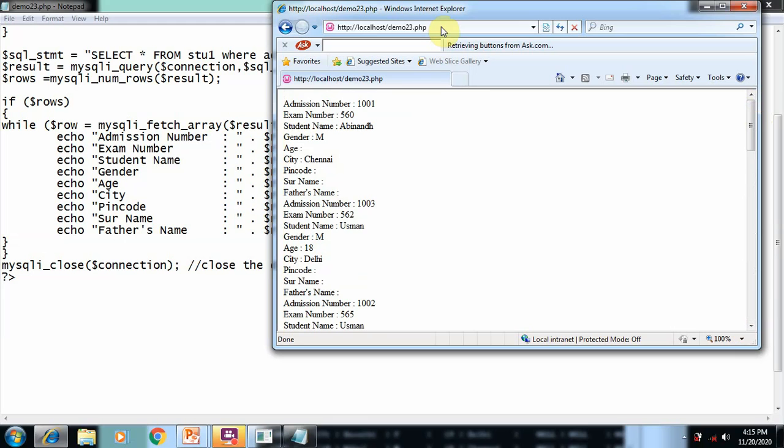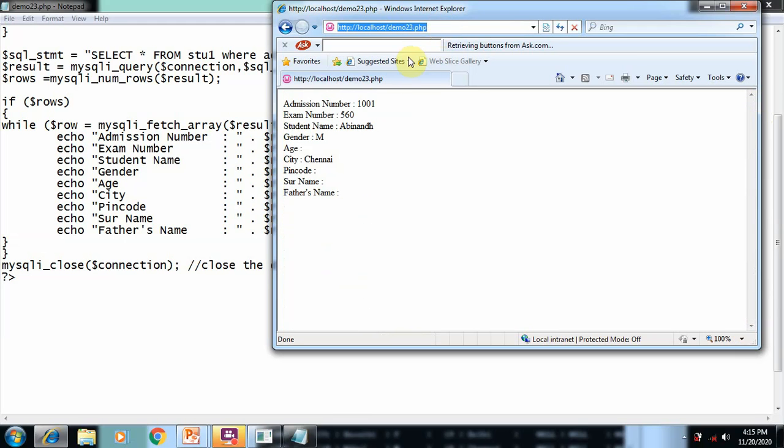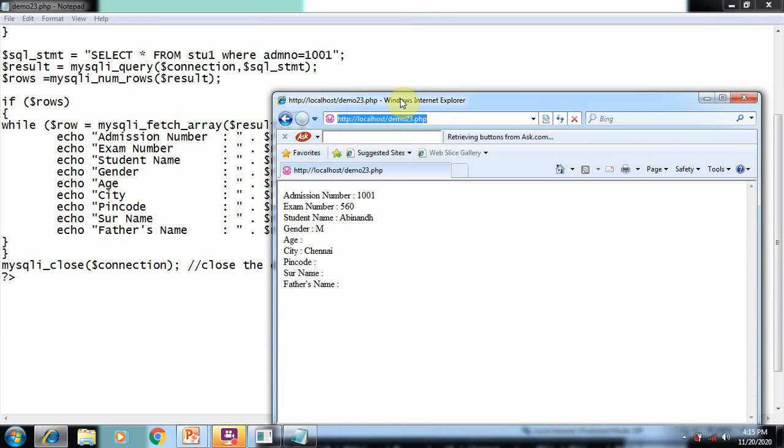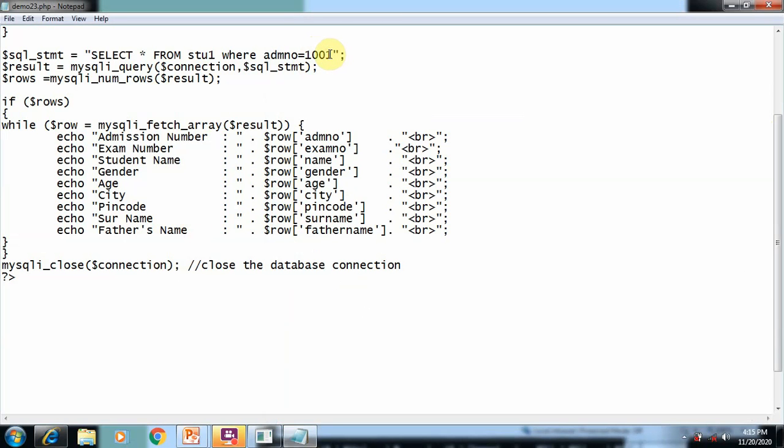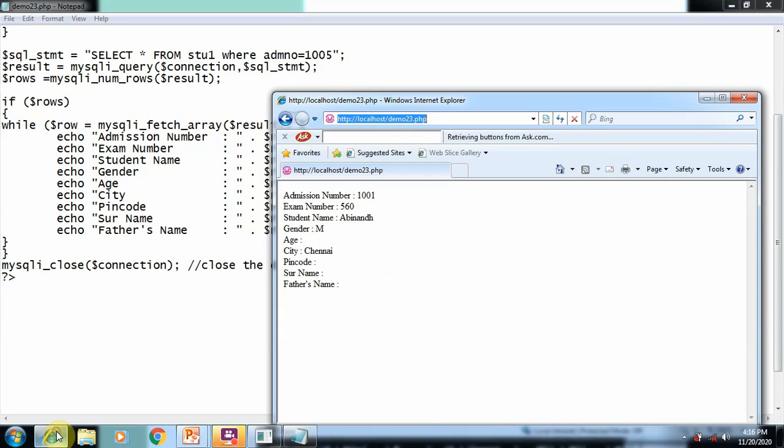Now we changed the query statement, and after refreshing, you can see only one record, because we mentioned the condition where admission number is equal to 1001. If you change the value to, for example, 1005, and refresh the screen,